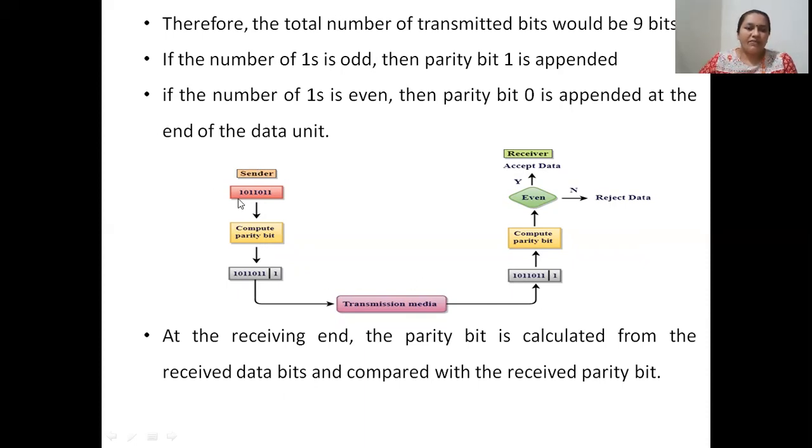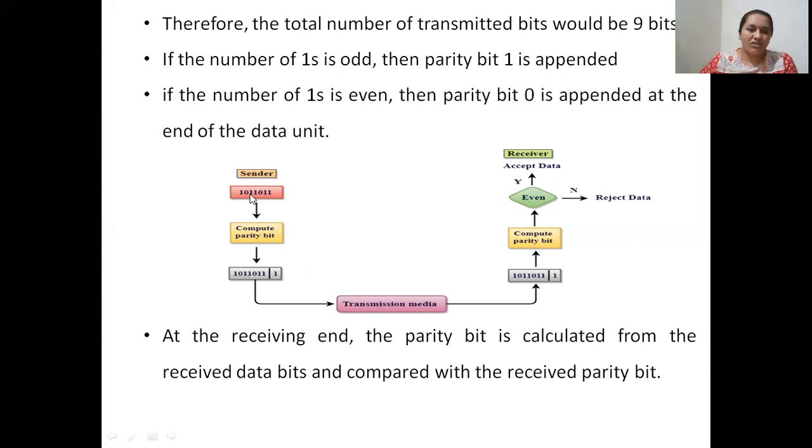So here, if we consider this 8-bit data unit, 1011011, this is the data unit which is under transmission. The data is 7 bits long here. So we will compute a parity bit for it. We are following an even parity.